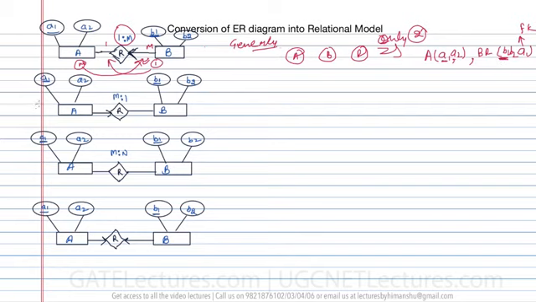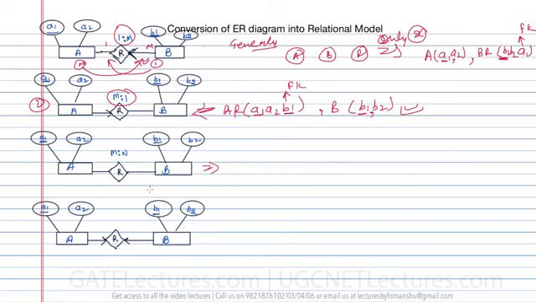Now if you check the second diagram, you can see it is a many-to-one relationship. The difference between the above one and this one is just in how we combine the relation and the entity. You can make AR the first table, with attributes A1, A2 and B1, where B1 is acting as a foreign key and A1 is the key attribute. In the same way, the second table contains B1 and B2, and B1 is a key attribute. So this is how you can convert this ER diagram into a relation.